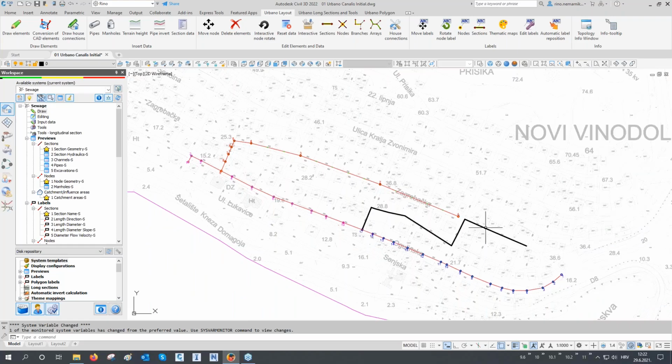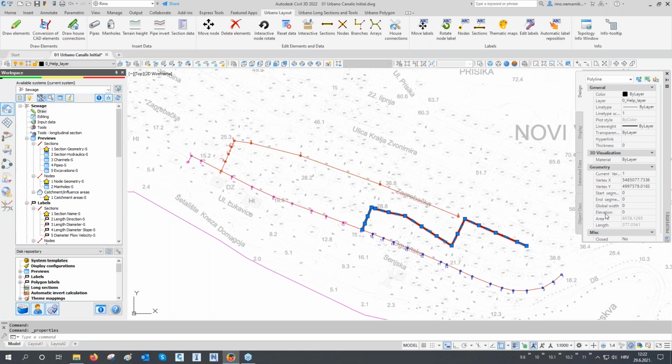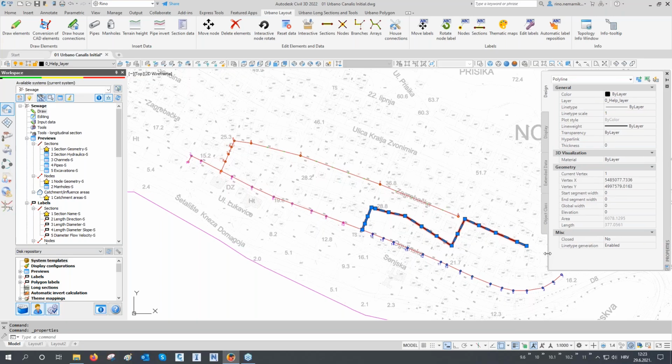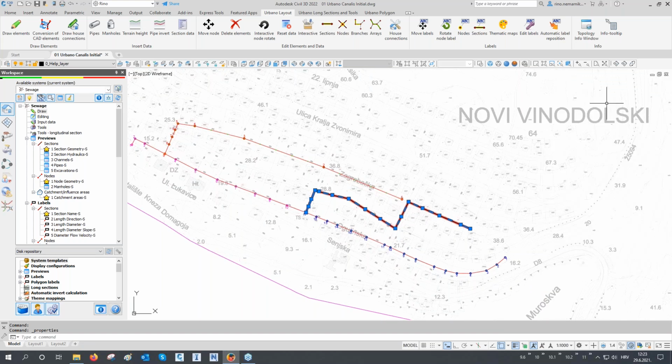And now let's also check the function for conversion of AutoCAD elements. So if I select this polyline, we can check here in AutoCAD properties that this is basically plain 2D polyline. And you can also create 3D polylines and use the 3D elevations from 3D polyline as invert. You can also convert plain lines and stuff like that. But I will convert this to the polyline. To go to this function, again, you can go to draw, conversion of CAD elements, or I will run it